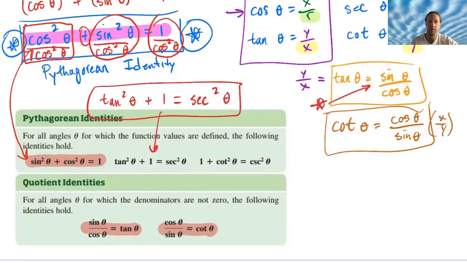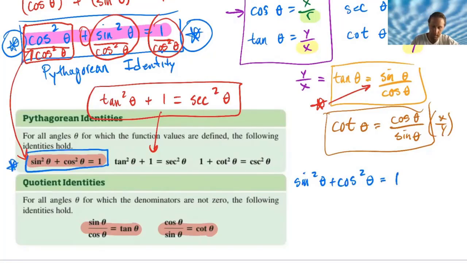And there's another. So if you wanted to do the same thing, it's pretty simple to get the last. You just take your sine squared theta plus cosine squared theta equals 1, the 1 I told you to memorize. And instead of dividing by cosine squared, like we did here, here, and here for that whole equation, now, you guessed it, we're going to divide everything by sine squared. And then we will simply, pun intended, simplify this,